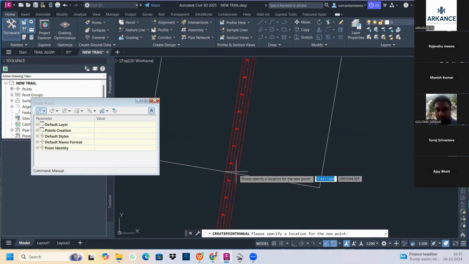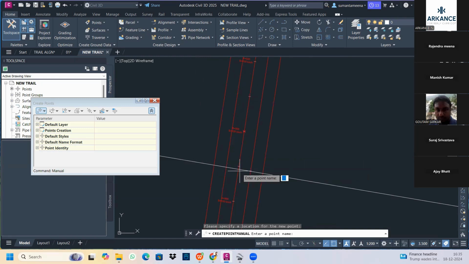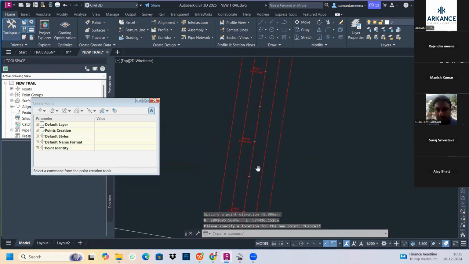कोगो पॉइंट्स। पहला पॉइंट इसका बाय नेम दे देना है ब्रिज स्टार्ट पॉइंट, या फिर आप ब्रिज 1, वो ब्रिज 1 था तो इसको मैं ब्रिज 2 कर लेता हूँ। और एस टी पॉइंट कर देंगे, एस टी पी लिख देता हूँ मैं। तो ये मेरा पहला पॉइंट हो गया, एलिवेशन ऑटोमेटिकली हम पिक कर लेंगे।